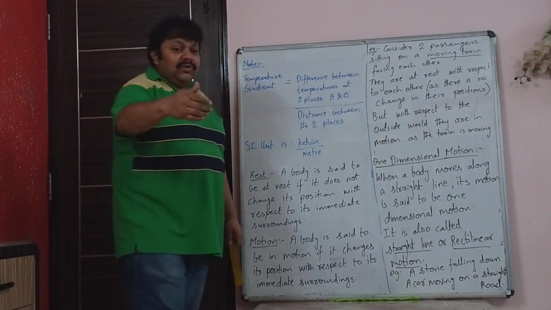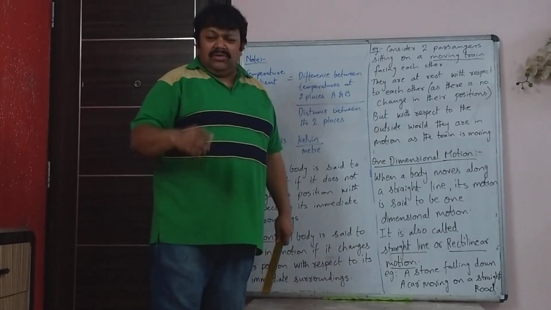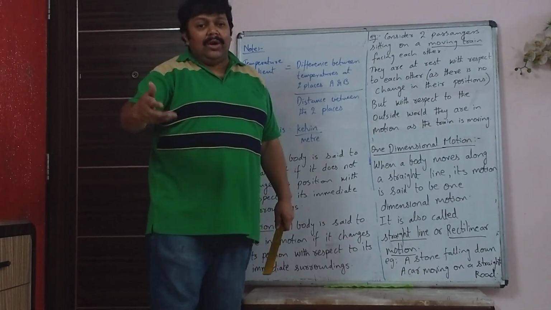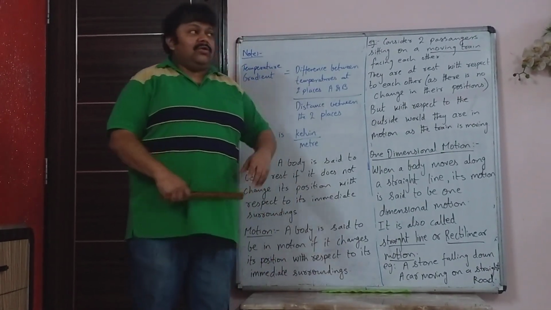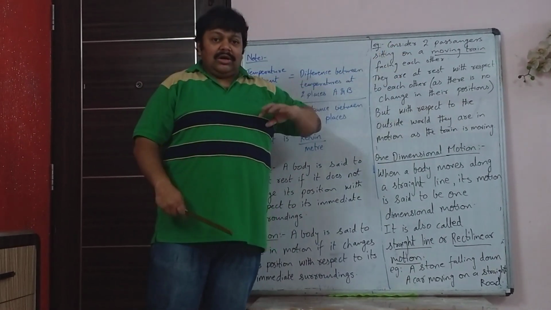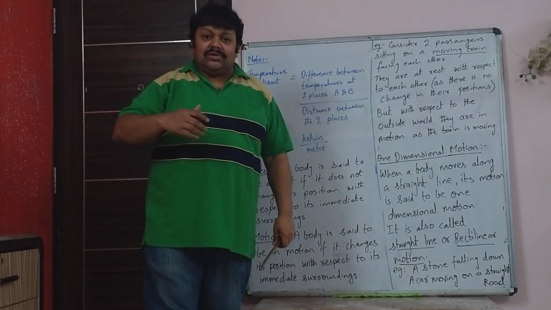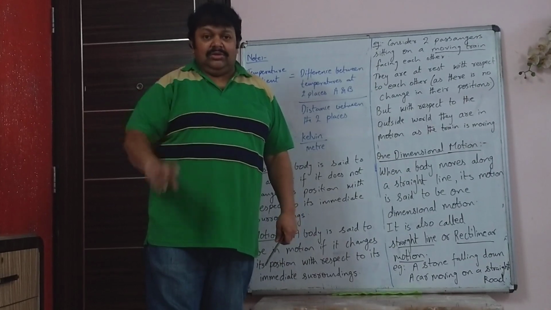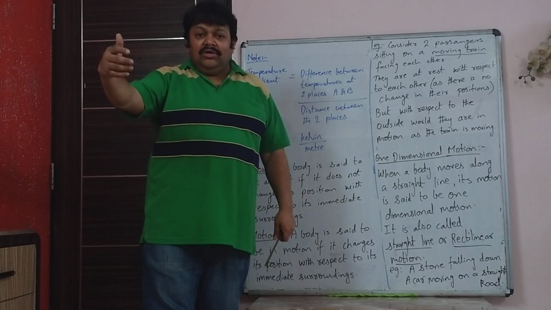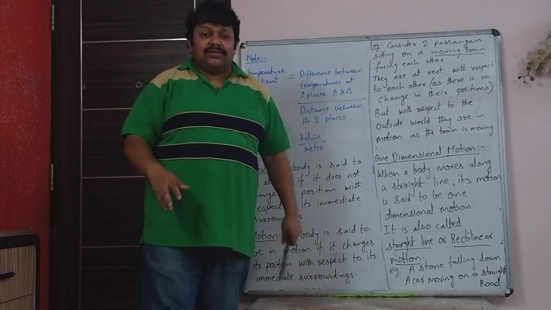Now let's consider an example. Let's say that you and your friend are sitting on opposite seats, or beside each other, in a moving train. With respect to the outside world, your train is moving, so you are not at rest, you are in motion. But you and your friend are at a fixed distance all the time, even though the train is moving. So you are not in motion with respect to your friend. So for your friend and for you, either of you is in a state of rest.